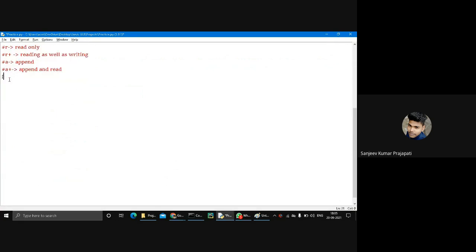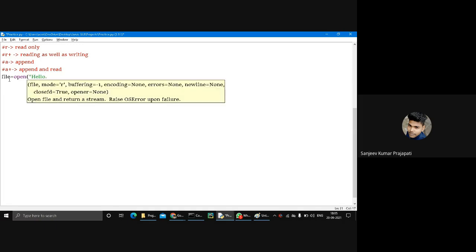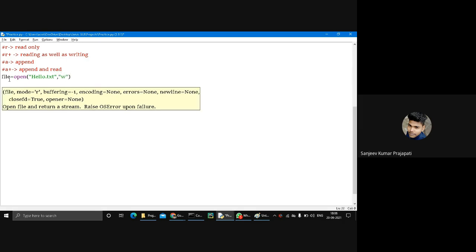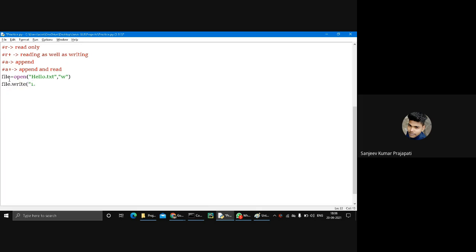So file equal to open, and my file name is hello.txt, comma, the mode is write mode. I want to add my data in this hello.txt file. The syntax is file dot write, and my first data is my introduction.